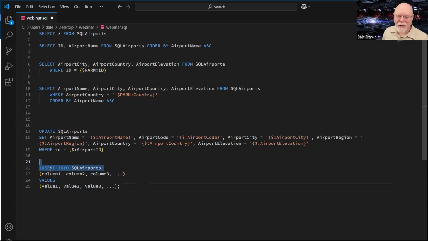The first part of the statement is super logical. Insert into SQL airports, which just says, I want you to add some data to SQL airports. And then it gets crazy because what it expects now is, inside parentheses, and this is not optional, this is mandatory, I have to set the columns.